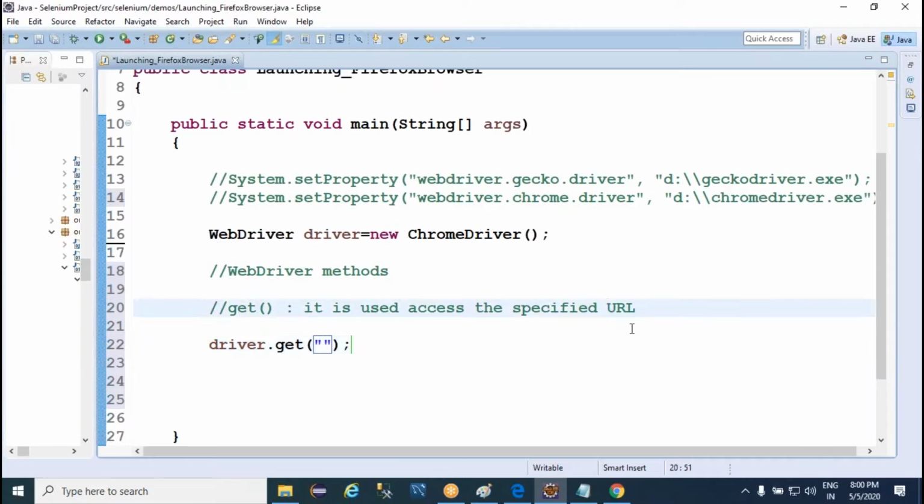Specified once again, HTTP based URL. If I give only just www, I'll get an exception. HTTP colon, I'm giving some URL, say google.com. Well, now